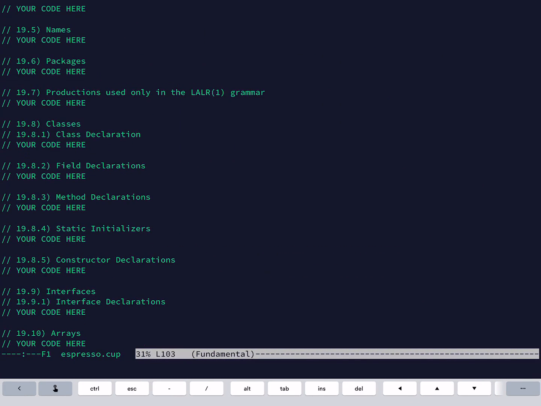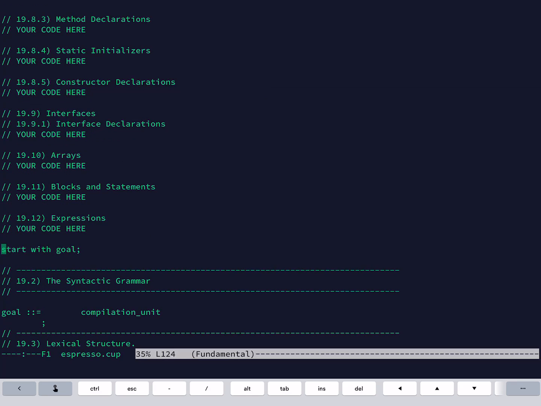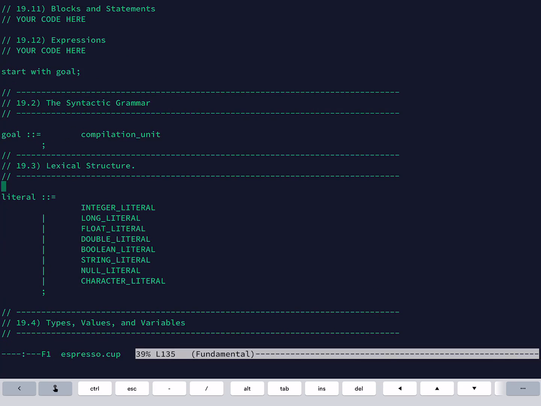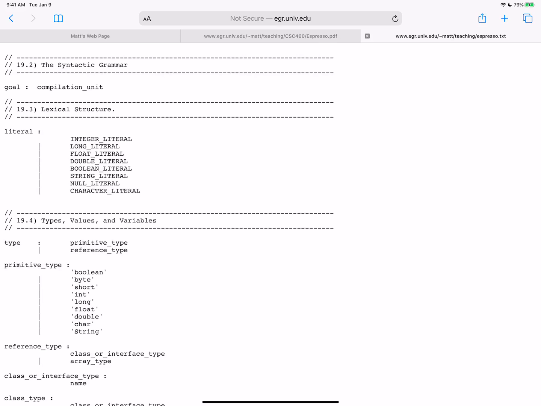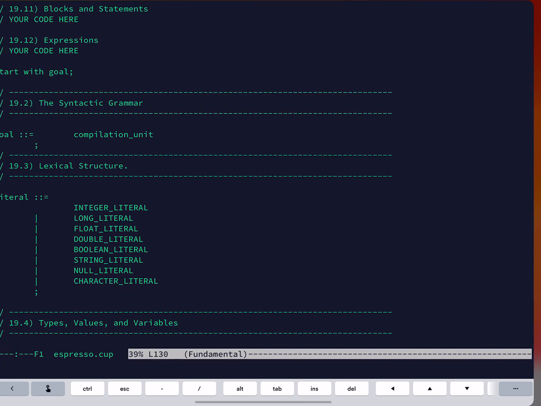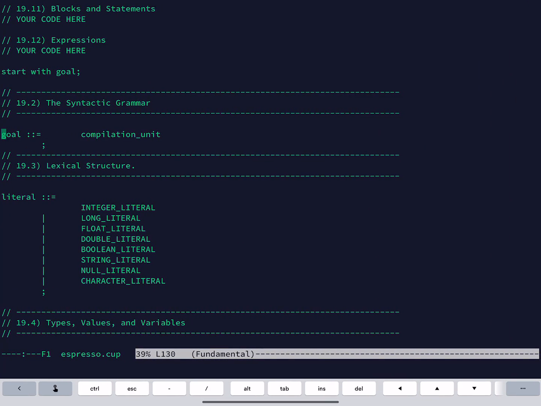So once you fill this in, and do it in these sections here, the order within the various sections doesn't matter. All derivations start with the goal keyword, and you can see that I put in some examples here. So goal, and if I just quickly flip back to this guy here and we go find goal, you can see it says goal colon compilation unit. Here it says goal colon equal compilation unit semicolon.